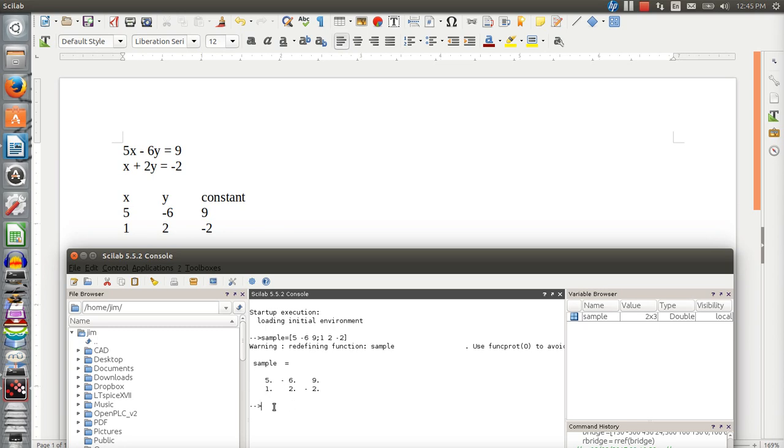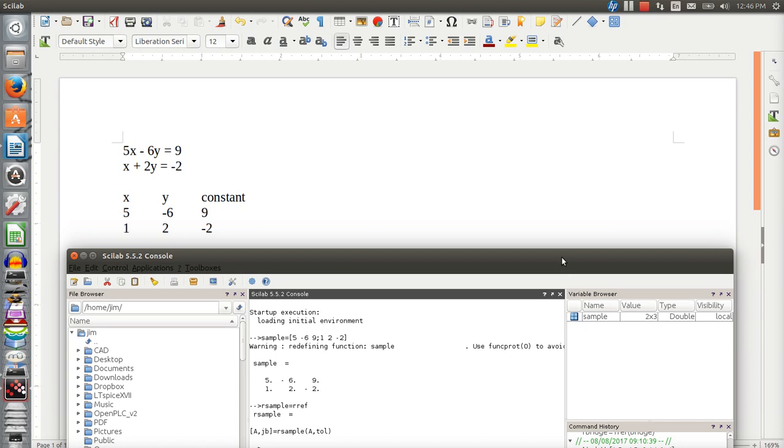So now what I want to do is reduce it. So I'm going to create a new variable. I'm very technical. I just put an R in front of my old variable name, equals, and then I'm going to use a very unique command, RREF, which stands for reduced row echelon form. It's a linear algebra term. There are classes on linear algebra. It redefines sample. Well,